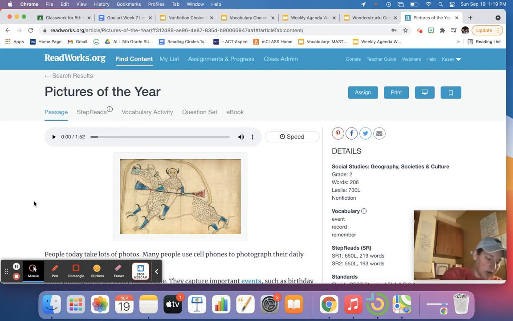So let's start off with Lakota tribe drew yearly event on skins called, what did they call them? Winter counts. I'm going to put those in quotes. These winter counts,